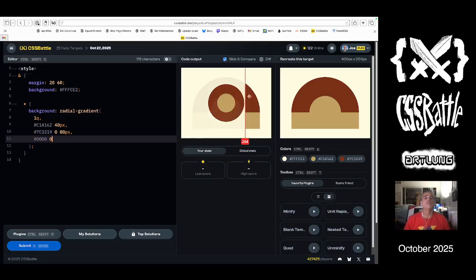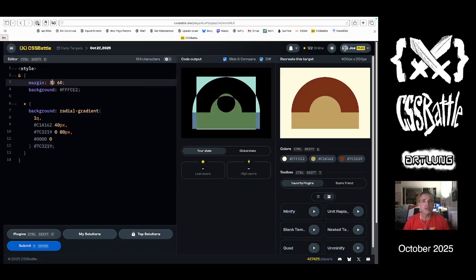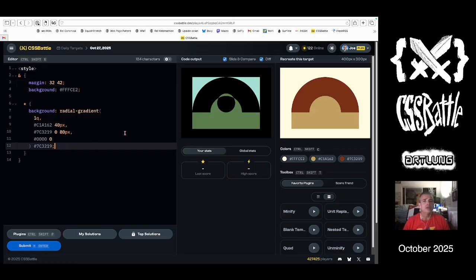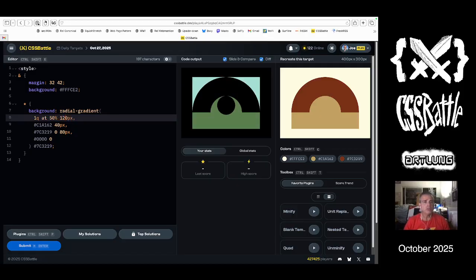Okay. And then I'm going to go ahead and add this because that's going to help us shape it. So the margin's 3, 32, 32, okay, and then 4, 42, 42, and then let's just do it as an at, huh? We'll do at 50%, 60 pixels, 120 pixels, 130, 40, 50, and then